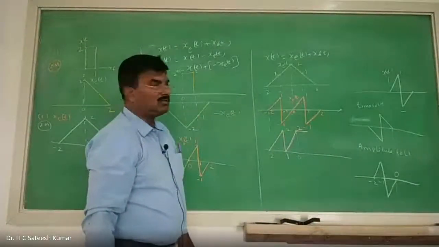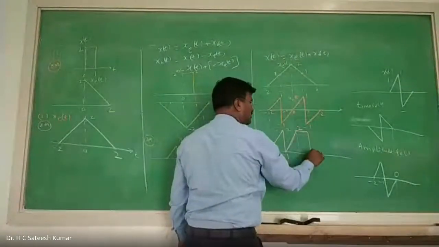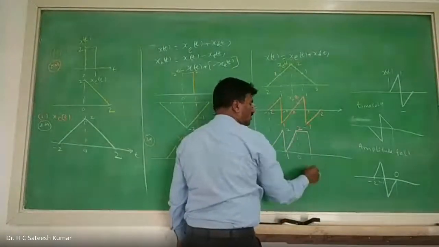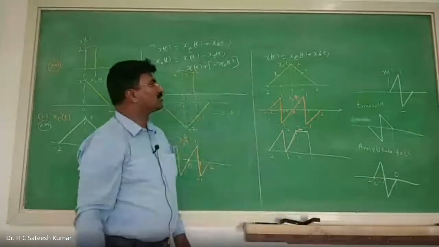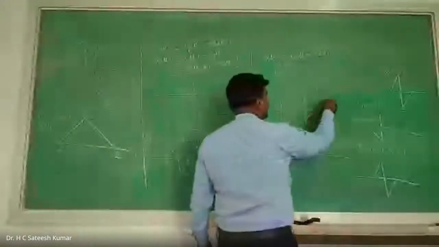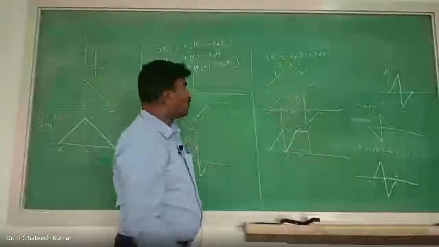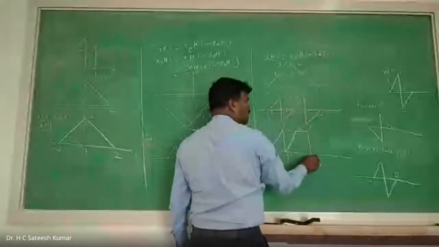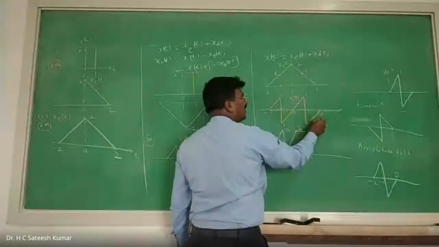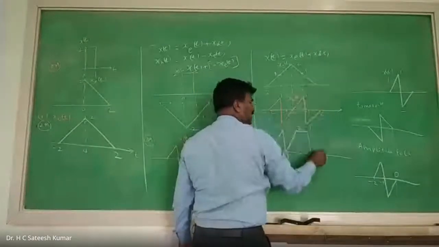Next. At 1, fall by 2 units. Fall by 2 units means it will come to 0. Afterwards, what do we have? Increase plus decrease is constant. Constant can be 0, we don't know. -1 plus 1 is 0. And halfway I'll take it: -0.5 plus 0.5 is 0. 0 plus 0 is 0. Okay, no need to take it.